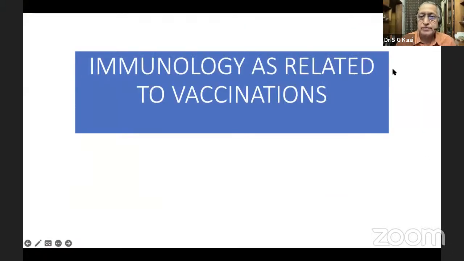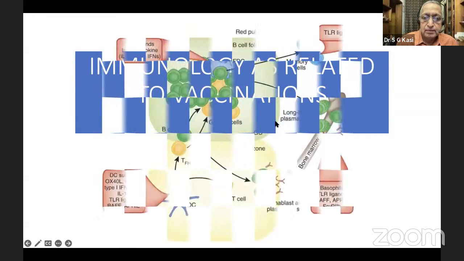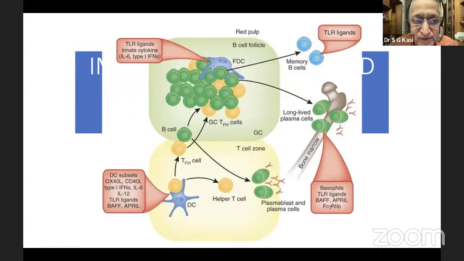So today's talk is going to be immunology as related to vaccinations. Well, open up any book on immunology, and what you find are diagrams like this. Strange capital letters which have no relationship to each other. Many words which I've never heard. Circles and squares of different colors. Arrows shooting off in different directions, making no sense to us. And our first contact with vaccinology is, oh my God, do I really have to learn about this?